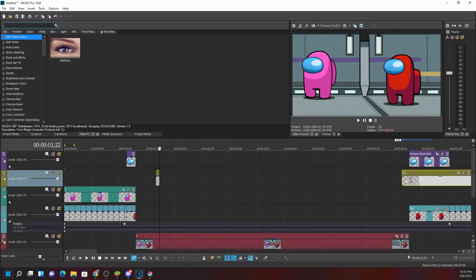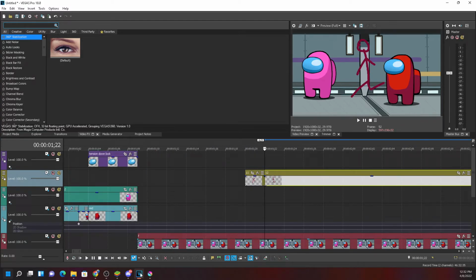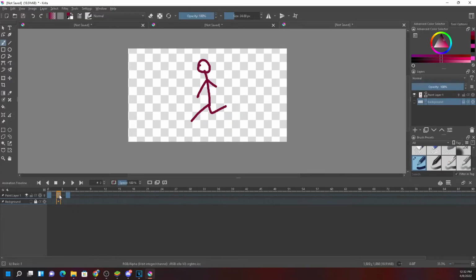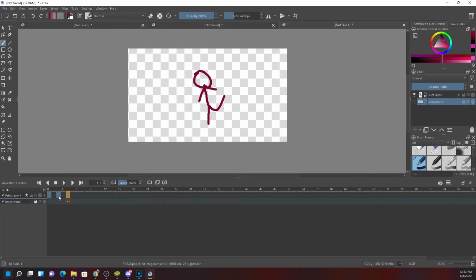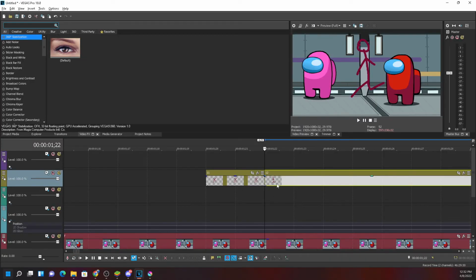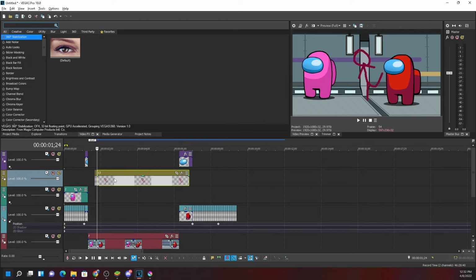Now I'm going to need a different movement. This movement will appear on the second frame, and for this also I have left only 1 frame. It will appear on the third frame, and on the fourth frame it will not appear, because there is a new image for it. So what should I do? Same like this, there is 1 frame and 2 frames. On the third frame, no different image will appear. So for example, this is the first frame, second frame, third frame. You need to click over here, delete it, and a new image, the walking style, will appear.